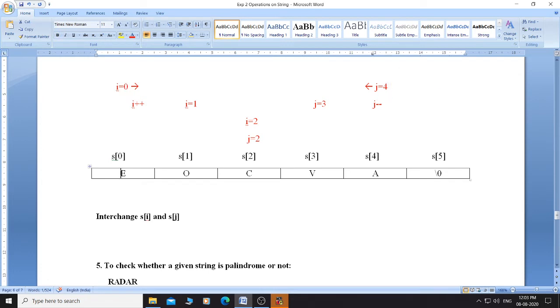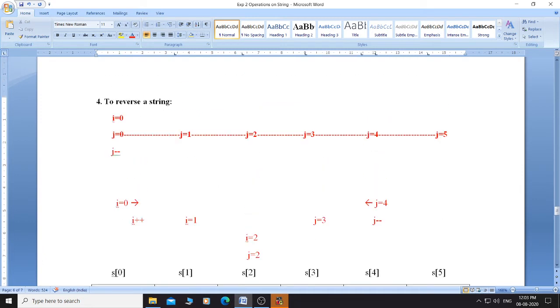After interchanging, i plus plus and j minus minus. So now i will point to the second character and j will point to the second last character. So first and last, second and second last, third and third last, like this, we have to interchange each time, and repeat this till i is less than j. So this was the logic in reverse string.